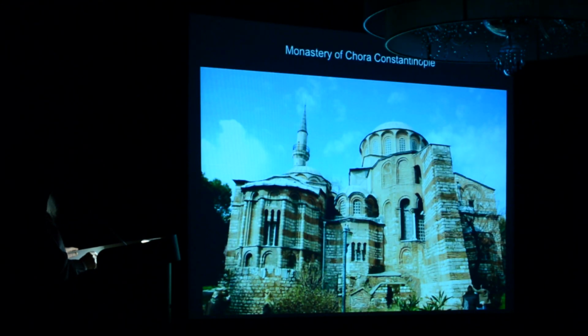Now we go into more and more elaborate forms of Byzantine architecture. You can see now here that you have the appearance of additional smaller domes. And also you can see the art of using simple bricks of different color to give something much more pleasant to the eye. Of course, it was transformed into a mosque here.